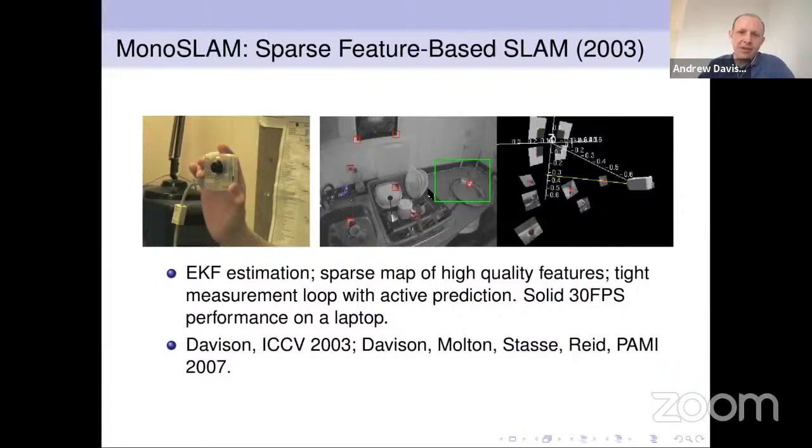So this is MonoSLAM, where we would detect and track and try and build a persistent 3D map of landmark points within the scene. We were using a joint probabilistic filter to estimate the position of those landmarks and the position of the camera, which is flying around in the scene relative to those. And we were able to make that work in real time as one of the first pure vision-based SLAM systems.